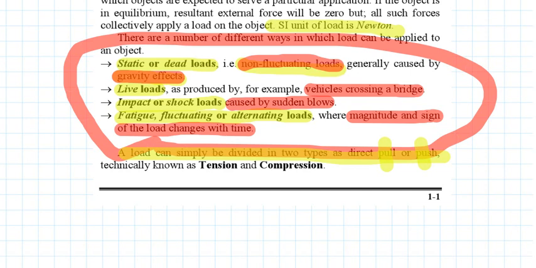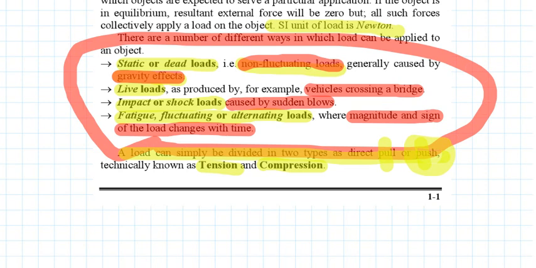So at that time you can say that the rubber is in tension. And if we push the rubber from the opposite direction, then at that time you can say that the rubber is in compression. So in this way, you can define the load into two types. One is tension and the other one is compression. So this was the complete explanation and classification regarding the load.